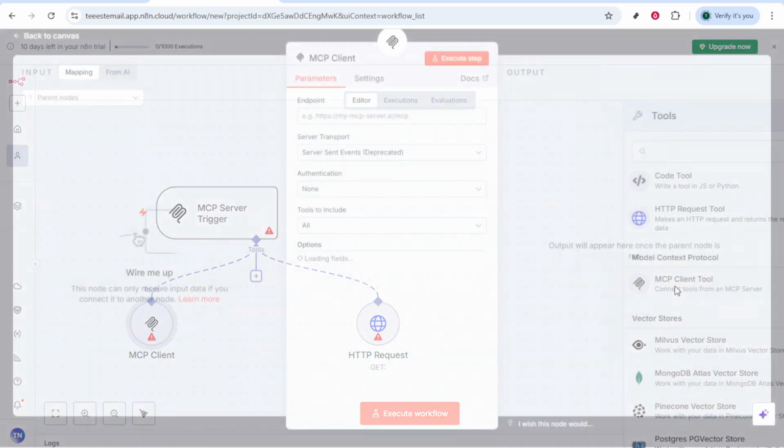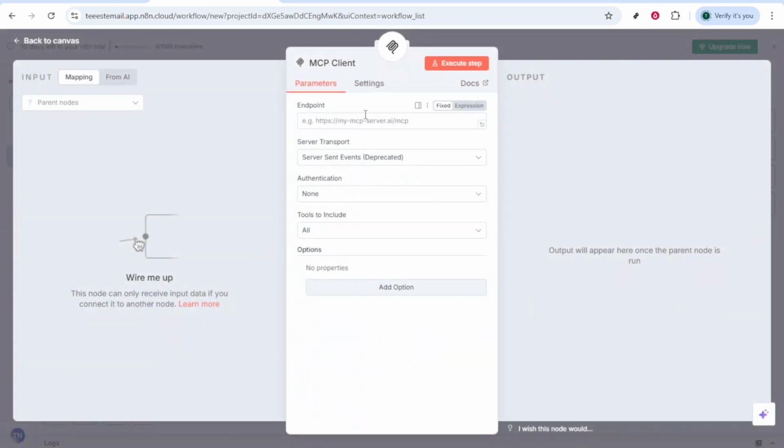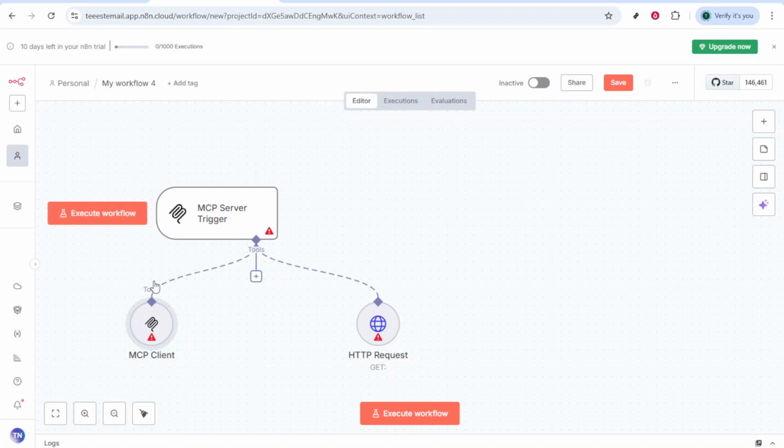With n8n and MCP, you can create complex, automated workflows that streamline tasks across different applications and tools. Whatever your needs, integrating MCP into your n8n setup opens up a world of possibilities for automation, from data management